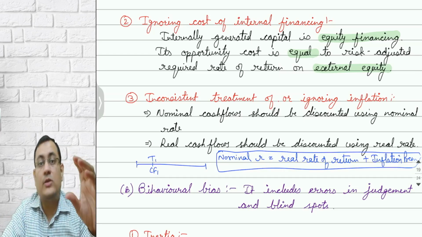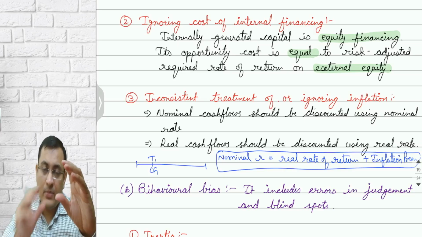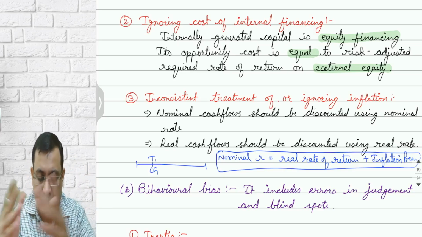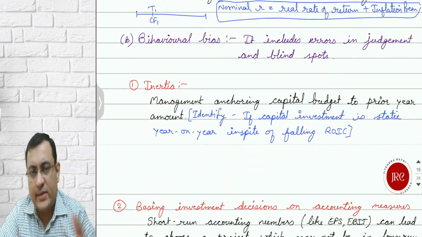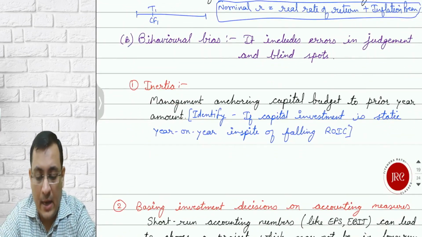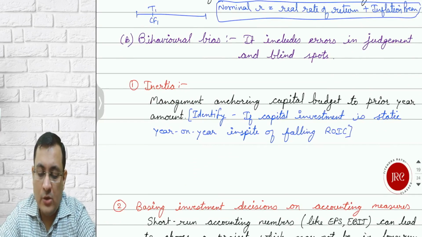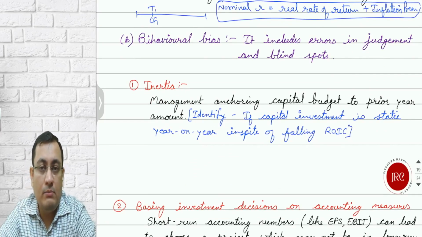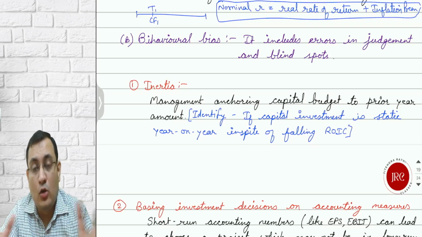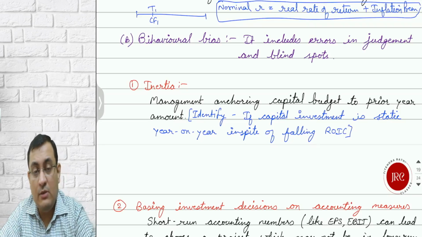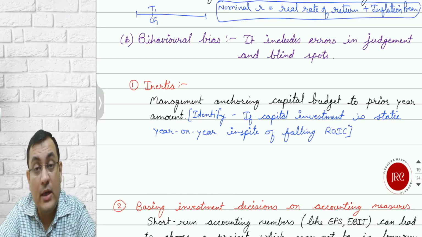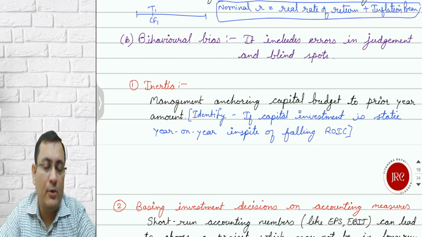And if your cash flow is excluding the inflation effect, then your rate of discounting should also exclude the inflation effect. Next, some bias can happen in the judgment. This includes error in the judgment or blind spot, where people ignore things. Even if they know what is right and what is wrong, still we go for ignoring the right things. So the first type of bias is